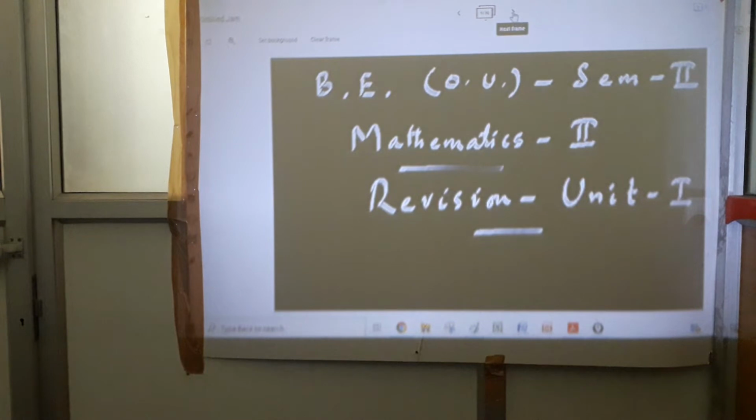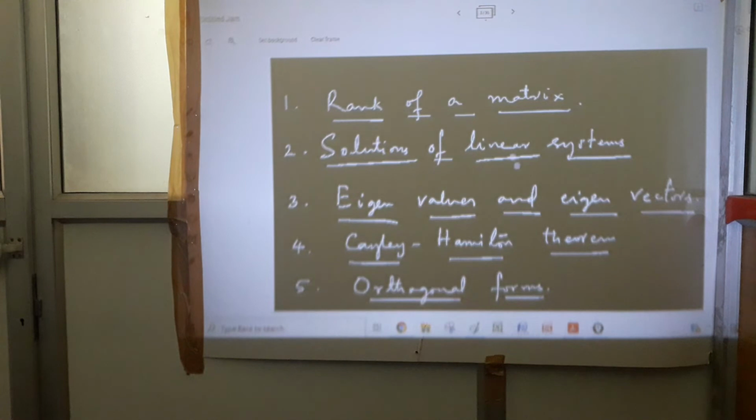So, the topics which we are going to discuss in this particular session are mainly this: rank of a matrix, that is the main base for all the things to follow. This rank of a matrix has its link up to the end in the orthogonal forms also. They are all interlinked. Unless and until you know the rank of a matrix, you can't talk about the solutions of linear systems, how many solutions will exist, whether solutions will exist or not, all these things. So let us first enter into what is meant by a rank of a matrix.